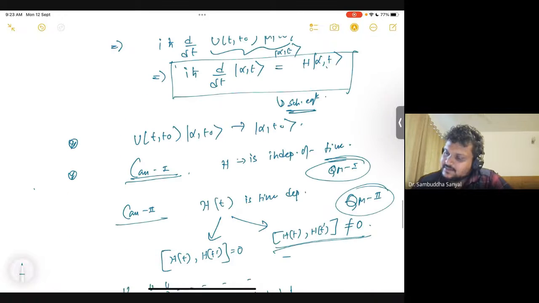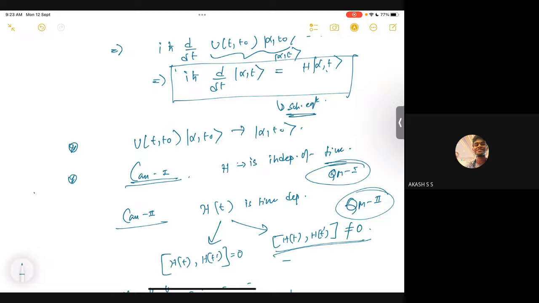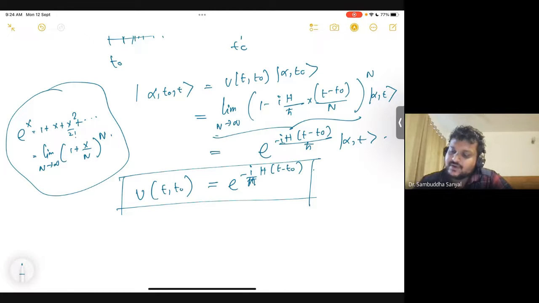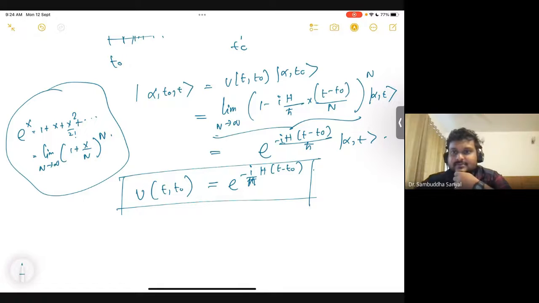Hello, sir. So I think the expansion you have written is e raised to x, no? So I think there is a 2 factorial, 3 factorial in the denominator. Yeah, so 2 factorial is 2, right? Yeah, and so on. Sorry. Of course, 2 factorial is 2, that's why I just wrote 2. Okay.